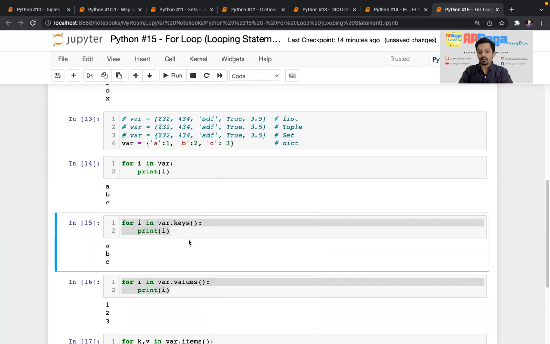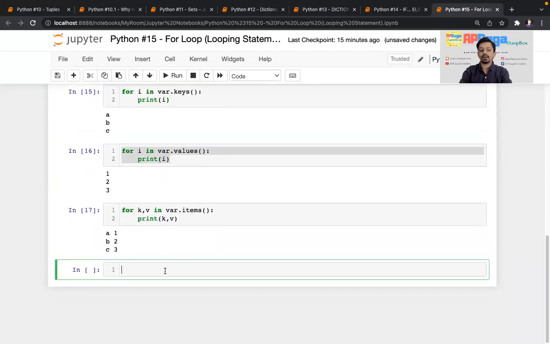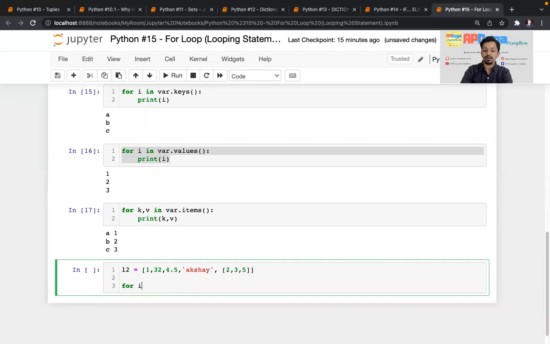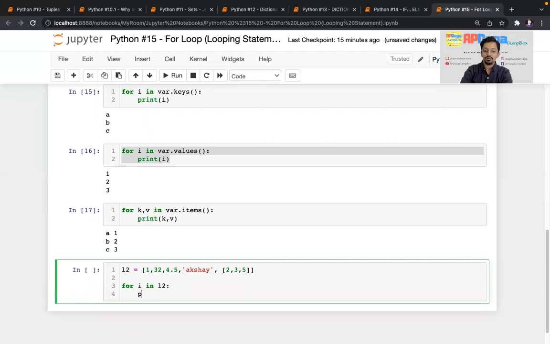Just like if condition, there can be a nested for loop. So for within a for, that can be done, but no need for that. I'll give you the example for that. L2, I'm creating a list. So the elements are something like 1, 3, 4.5, then Akshay, then I'm writing one more list within that, 2, 3, 5, right? So if I want to print all the elements, what I'll write, for i in L2,